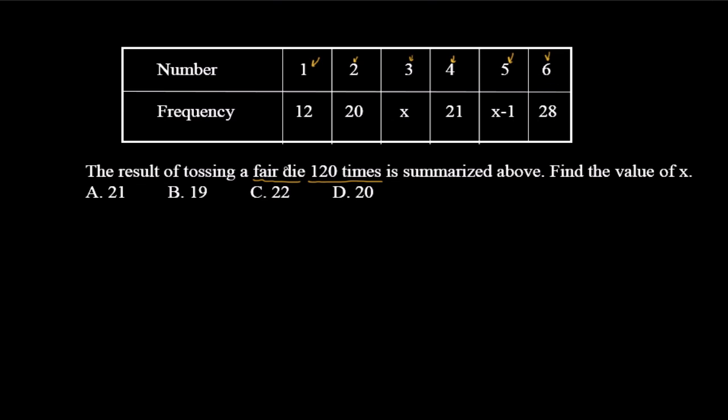Now, but then we've been told that the die has been tossed 120 times. So since the die is tossed 120 times, it implies that the frequency that we have here, that is the sum of everything you have here, must be equal to 120, because they were the results that we obtained after tossing it 120 times. So in other words, based on our inference, we have that 12 plus 20 plus x plus 21 plus x negative 1 plus 28 must be equal to